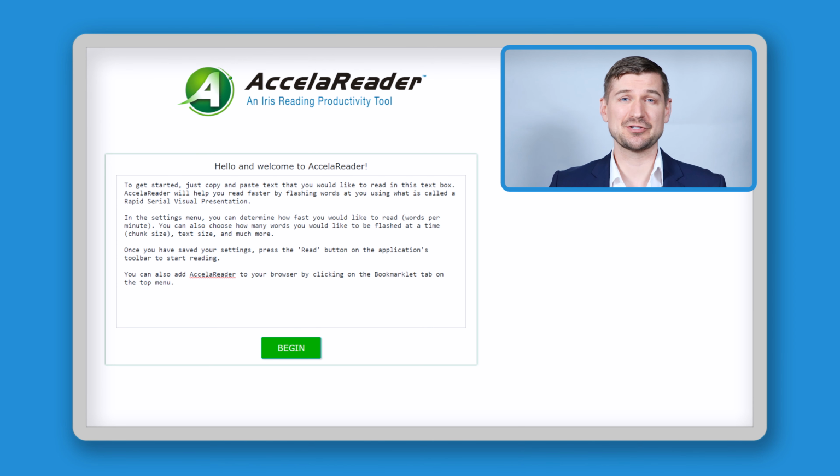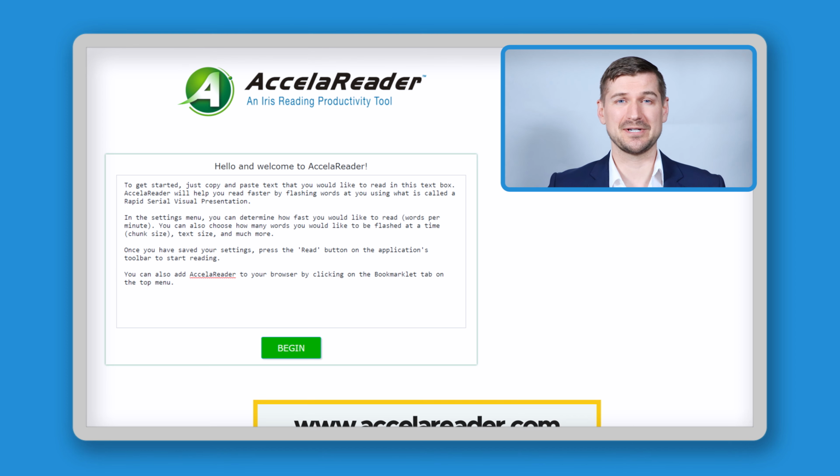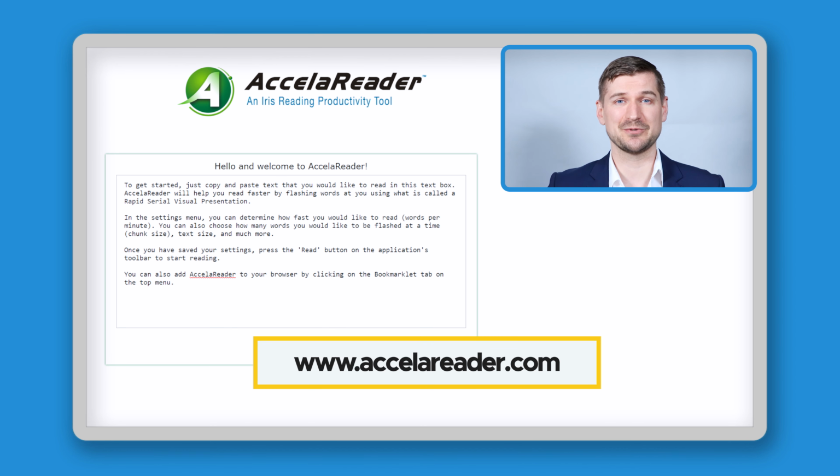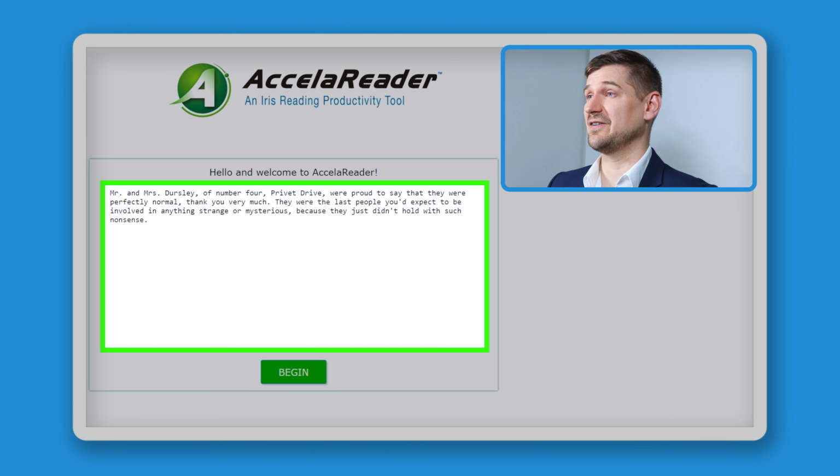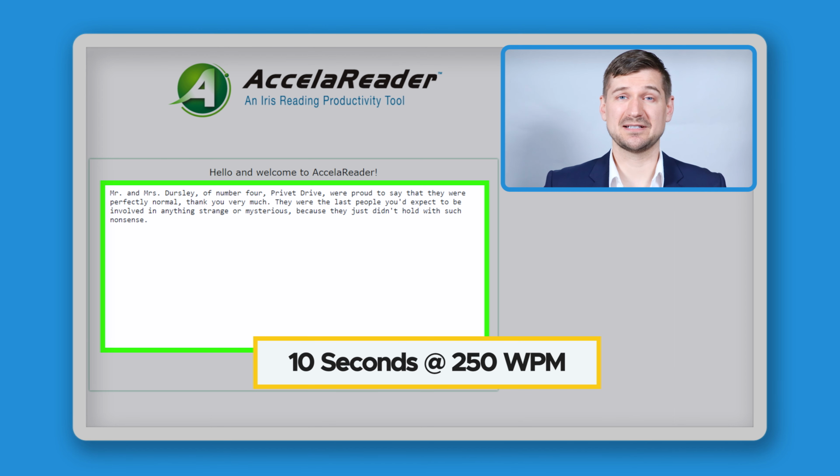Rapid serial presentation software has started to become increasingly popular in recent years, and one of my favorite free resources is Accelerator, which can be found at www.accelerator.com. To demonstrate, I've pasted in some text that I want to read quickly. This is the first paragraph of the first chapter of the first Harry Potter book. This sentence contains 45 words. Assuming an average reading speed of 250 words per minute, it would take the average person about 10 seconds to